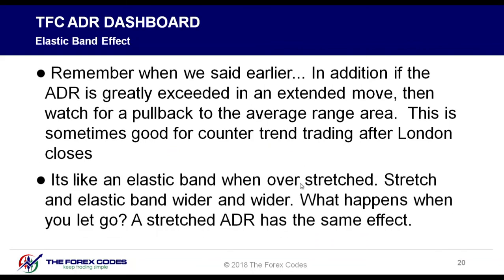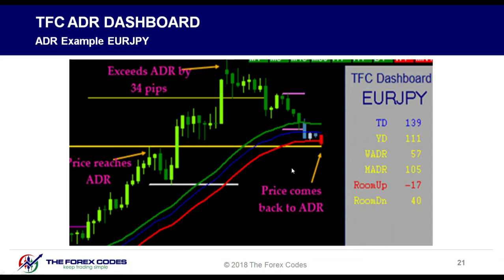It's like an elastic band when overstretched, and a stretched ADR has the same effect. So this is recent. The ADR on the euro yen today was exceeded by 34 pips. Yep. It's 39. Average daily ranges. The monthly is 105, but the weekly is only 57. So you've got a real move today. And you can see